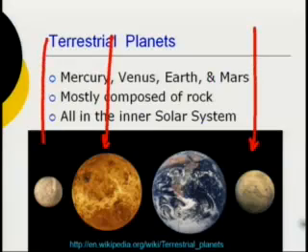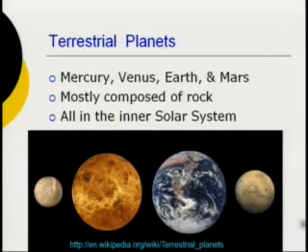This is Mars, and this is an image of Mercury, a composite image. So these planets are mostly composed of rock. When we get out to the outer solar system, we'll find that the planets are mostly composed of gas, mostly hydrogen, some helium, other gases. But here we have mostly rock. These are big rocks, and these planets are so massive that they form themselves into a sphere. Now, what are the chances that you would just get a sphere out of a big rock? I mean, wouldn't it just be some strange shape? And the answer is, well, there is a mass above which, for rock densities, is around a 1,000-kilometer radius,